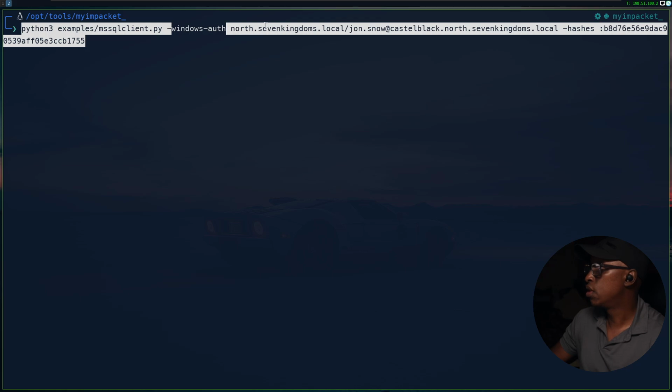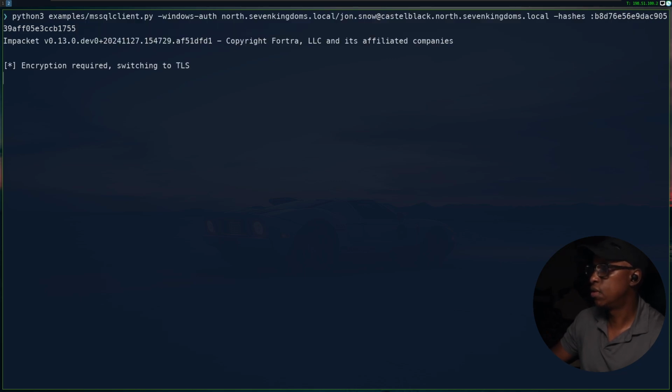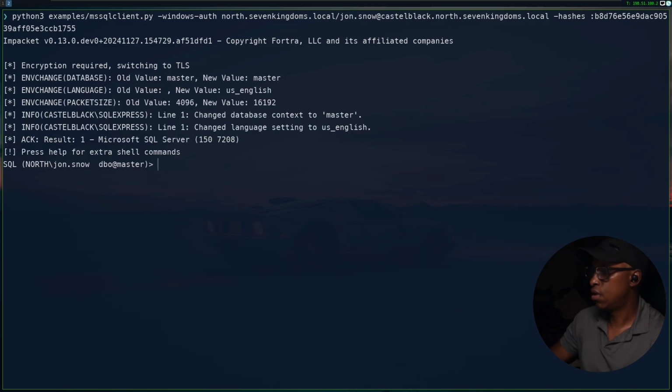Windows auth, that's the domain, that's the user, and then the machine, and then hashes, and you put in the NTLM hash with a colon over here. Then again, if you enter, and again, if you help,